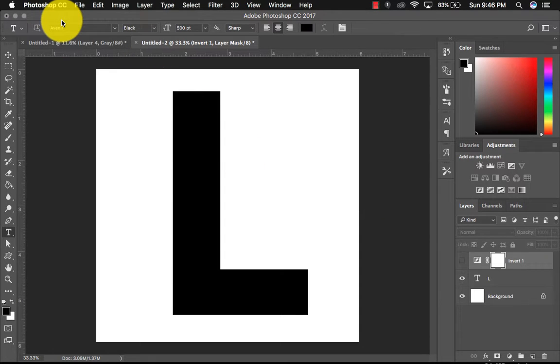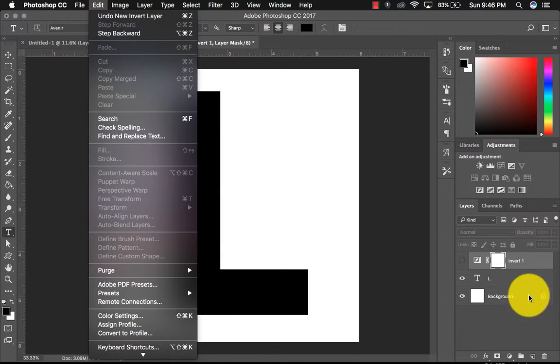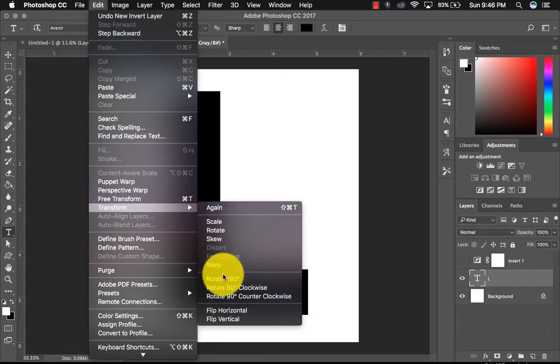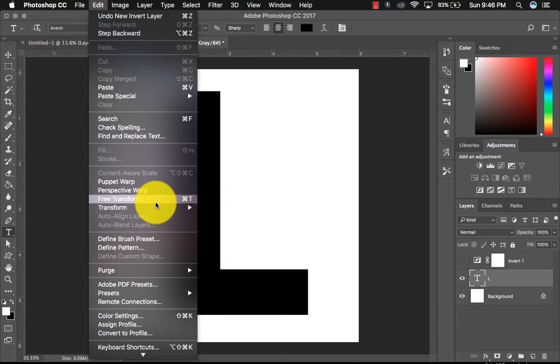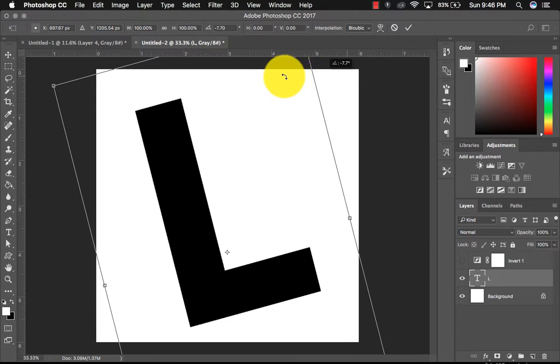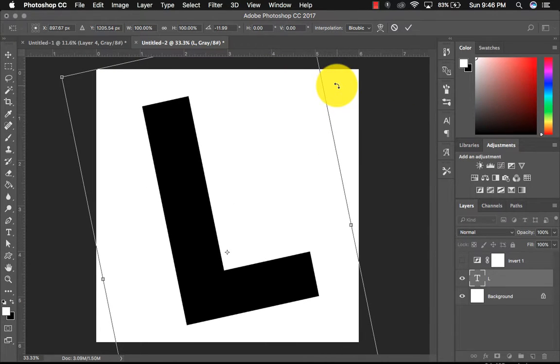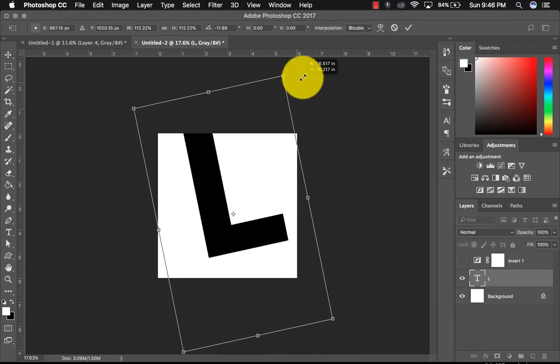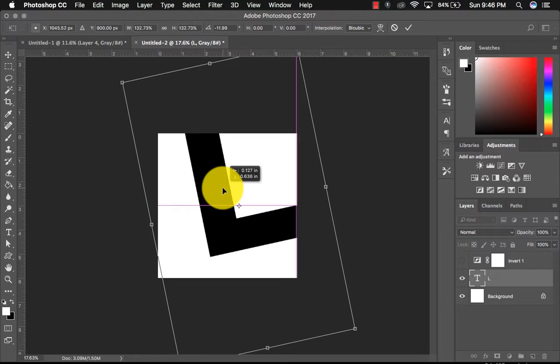So right now I'm going to hit Command T, or you can also go to Edit. Oops. It would help if I was actually in my layer. Edit, Transform, and I can click on Scale or Rotate if I want, or you can just do Command T, and that will give you the free transform. So I can rotate my letter. I can also, if I hit Command 0, it's going to zoom out just enough to give you these little corners so that you can play around with the scale of the letter. So you want to make sure that this little chain link between width and height is selected, or as you drag out your corners, you're holding the Shift key down. That will constrain your proportions so that you don't get a short, fat, or a tall, skinny letter. So you want to play with this